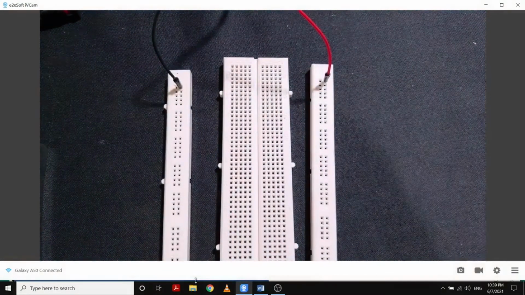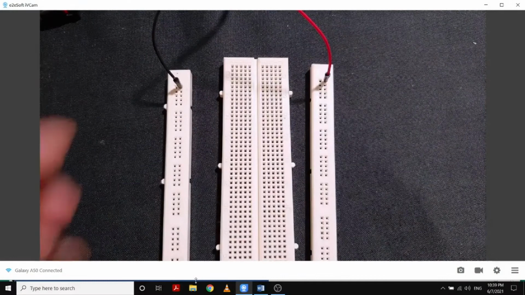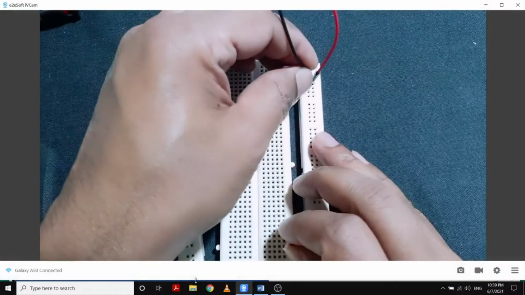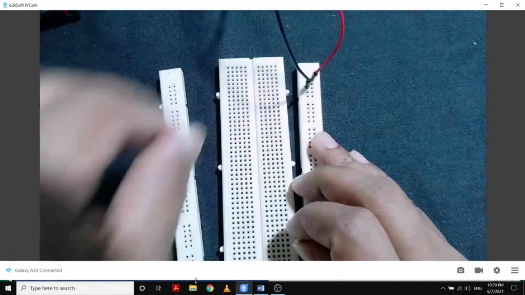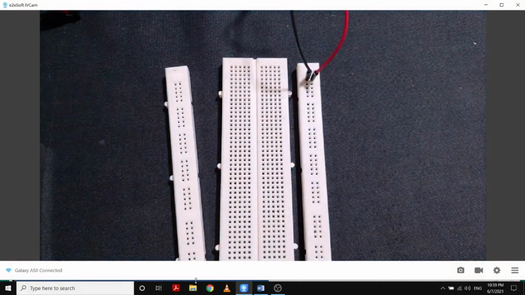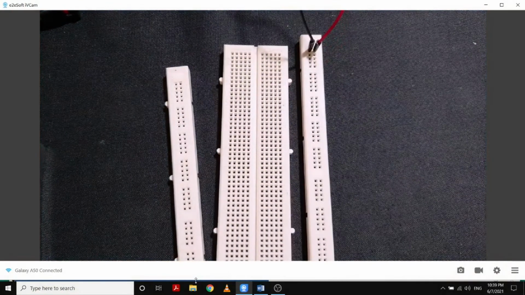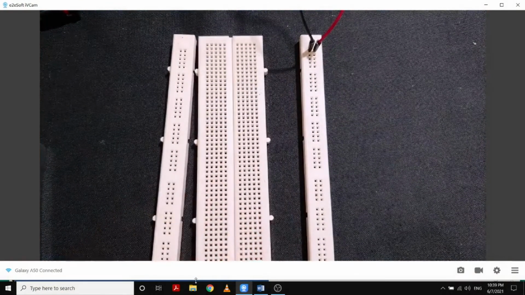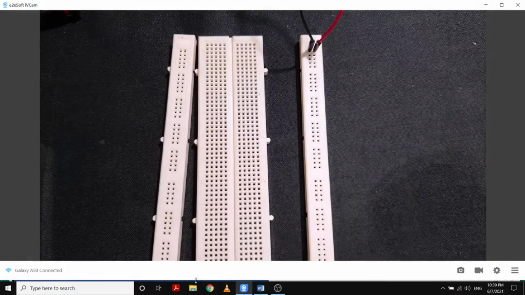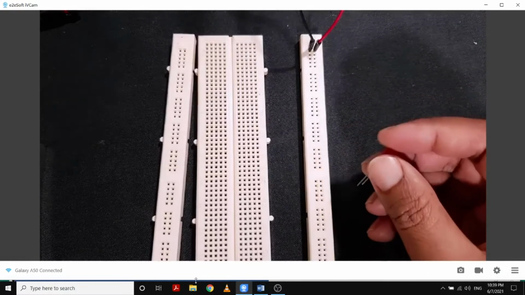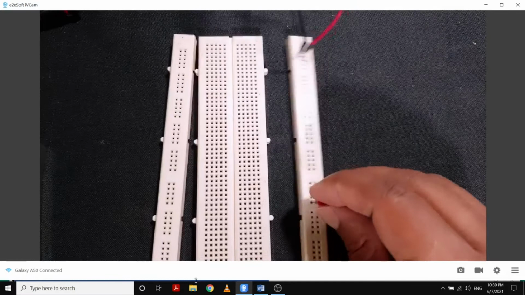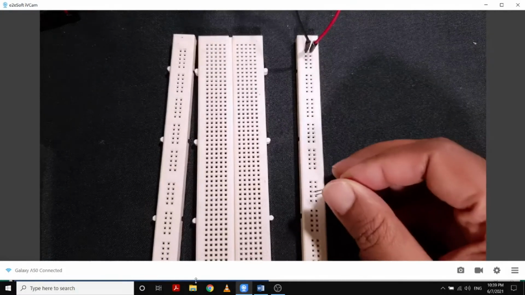So then I will fix a negative current here, negative and positive, right? So then I will be able to get negative and positive current. So I will fix my bulb here,